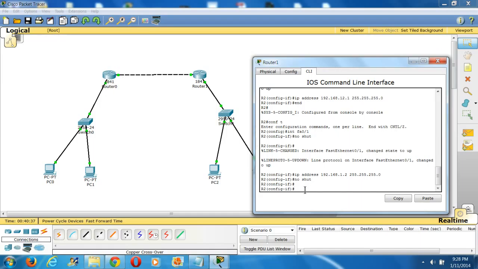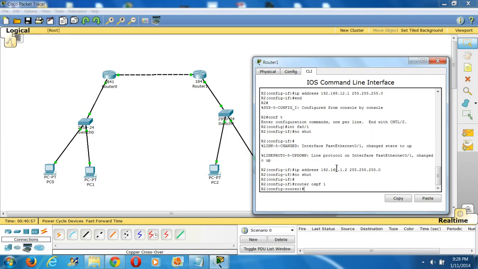And that's why OSPF is the best for this. And I do this by going router OSPF 1,